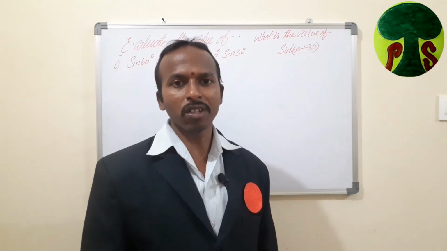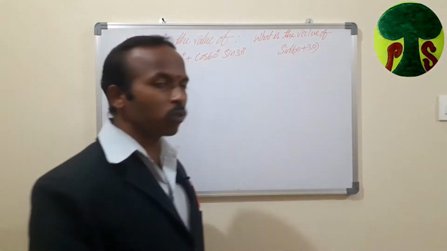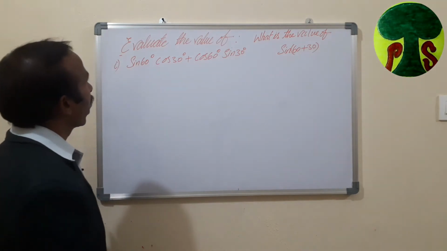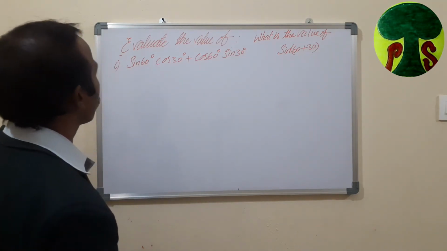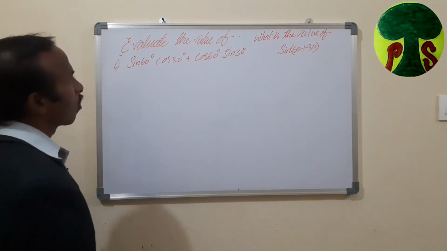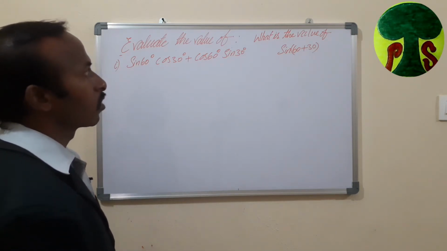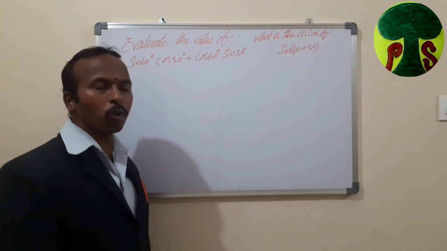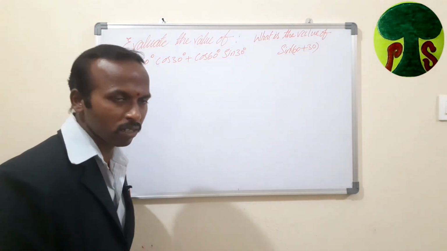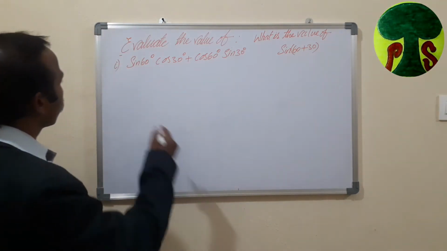Let's solve another question in the same method. The question is on the board. Evaluate the value of sin 60 cos 30 plus cos 60 into sin 30. What is the value of sin of 60 plus 30? What do you conclude from these two statements? See, the solution is